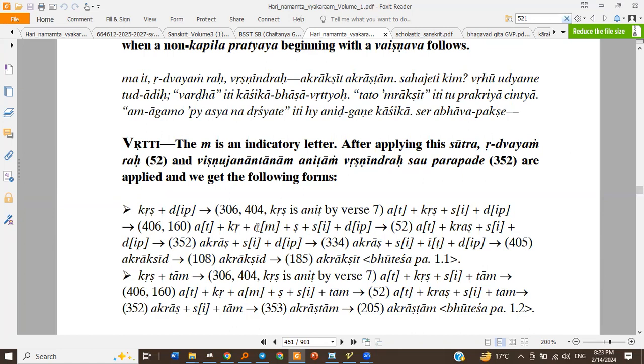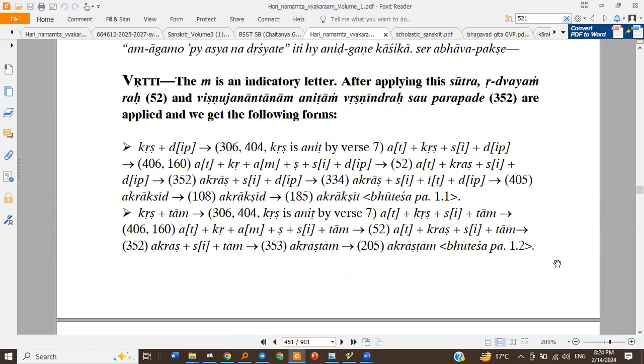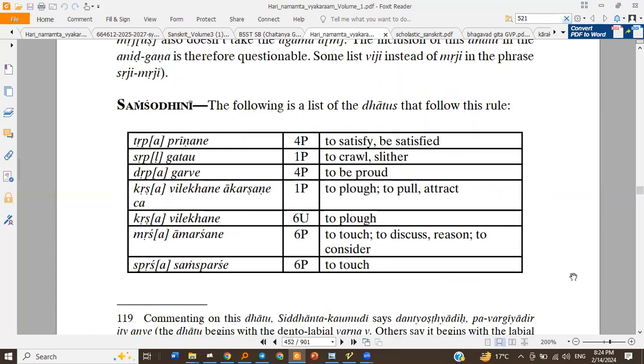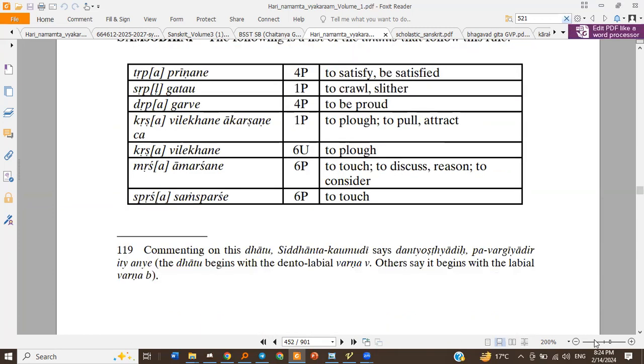So it is inserted after the last Sarveshwara by the Sutra Antya Sarveshrat Paramita Sthanam. So here, Ridvam Raha, and then Shadhoka Se. Okay, Vrishnendra is done, and then Shadoka Se, so we get Akrakshit. So this is another form, and so on. Then another sutra says, the next one,